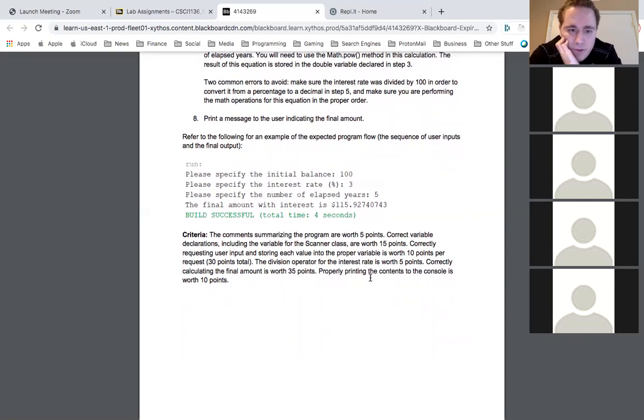Okay, and then going through the criteria for this week's lab. So the comments summarizing the program are going to be worth 5 points. This time around, I'm not going to be going into REPL to work through the comments and everything that you'll need to include. Instead, starting from this week on, I'll be leaving it to you guys to start putting together your own comments